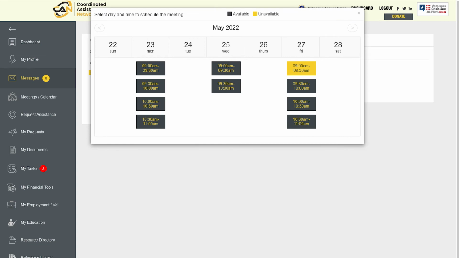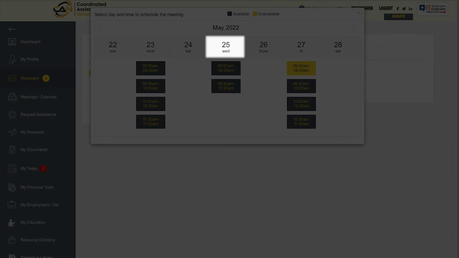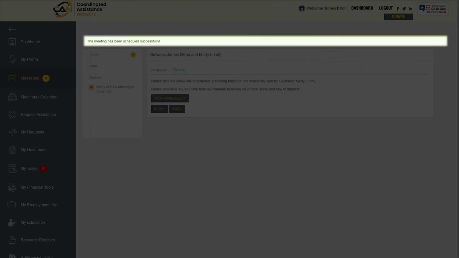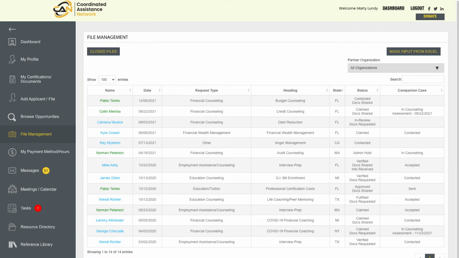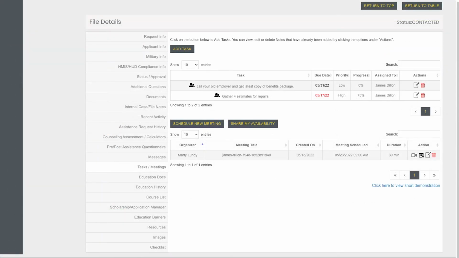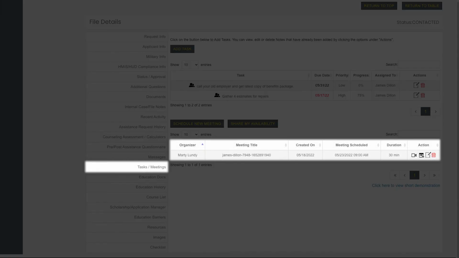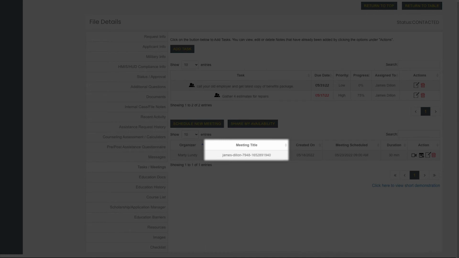Clicking the button brings up a calendar with your availability presented as defined by you, including any overrides set. They will only be able to select from times that are open and not already scheduled. Once a time is selected, the meeting will show up on the applicant's Files Task Meetings tab. The CAN will assign the meeting a generic title. You are able to edit and customize that meeting's title and any other aspect of the item either on the